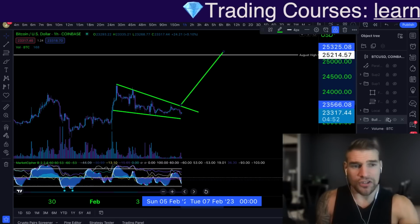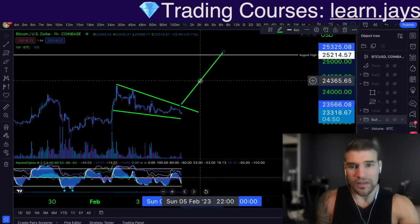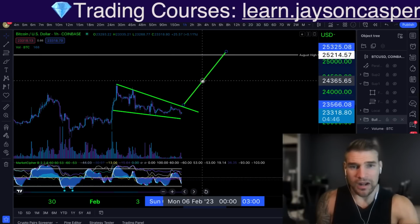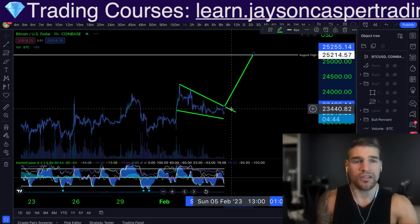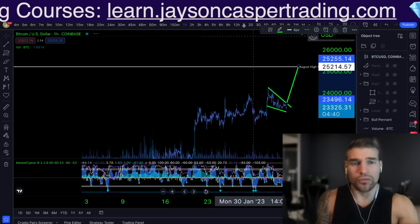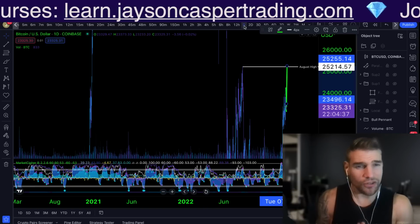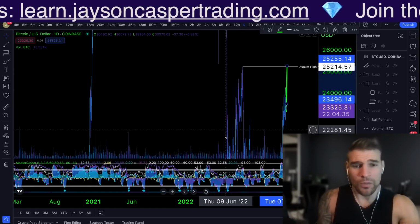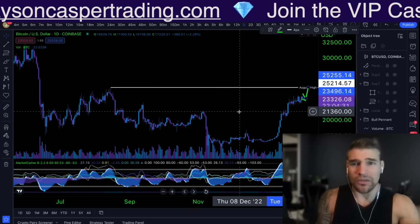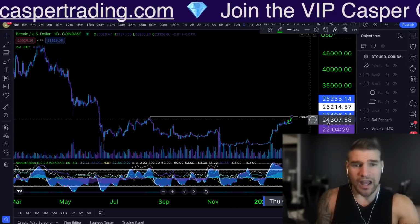If we go ahead and just drag our trend line from that first major impulse that we got to the top, and then we extrapolate on the breakout, we can see that we will be coming to that August high at $25,214. The reason why this is so intriguing to me and so potentially still bullish to me, even though we are printing these bearish patterns on the medium-term timeframes, is because of the fact that we do still have key